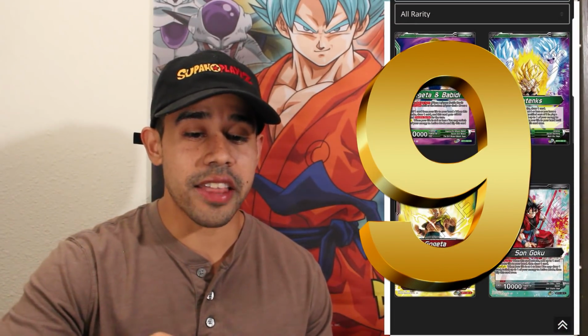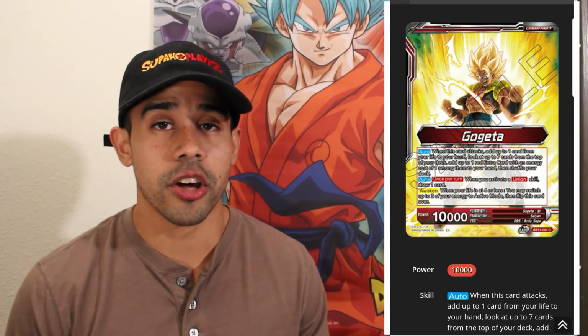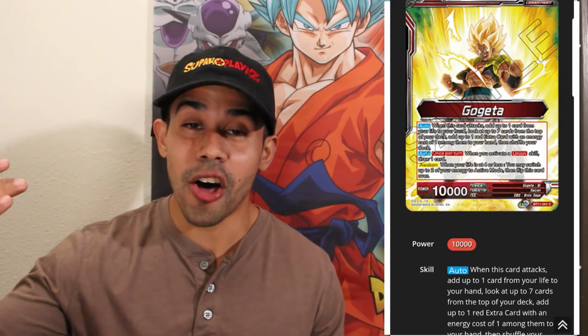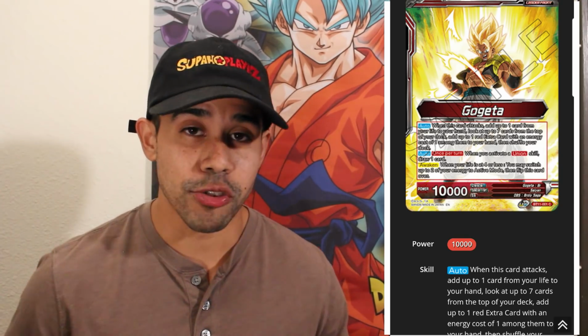So look at all these leaders we have right here. They're all amazing, and this is gonna hurt my soul, but number 9, I'm gonna give it to Gogeta. The reason I'm giving Gogeta the number 9 spot is for one reason and one reason only. This deck gets countered heavy with all the free play counter cards that are in the Dragon Ball Super card game right now. So the reason this deck gets countered so heavy is because this deck relies heavily on the